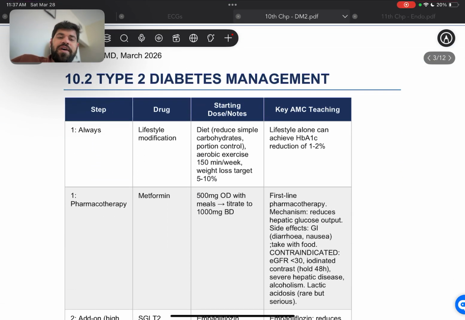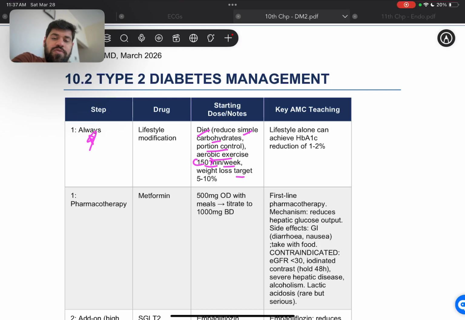Then type 2 diabetes management: first is always going to be lifestyle modification, because we can drop the HbA1c by 1 to 2% by changing diet, reducing simple carbohydrates, portion control, and aerobic exercise at least 150 minutes per week. Then the weight loss target should be 5 to 10% of the actual weight of the